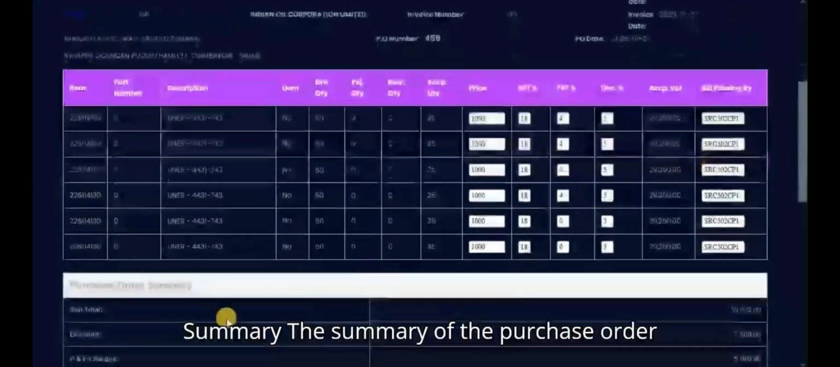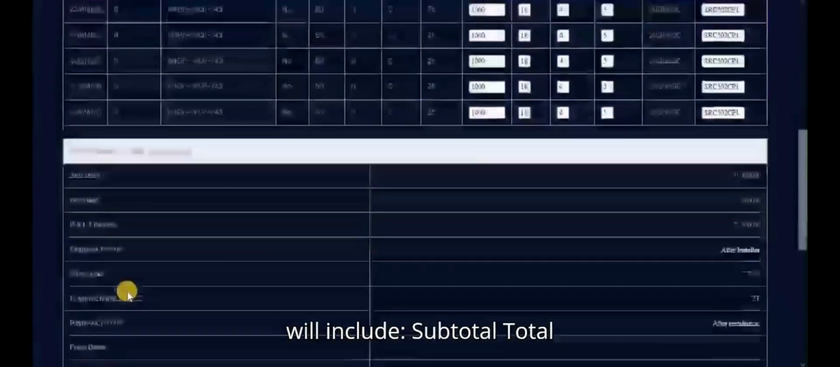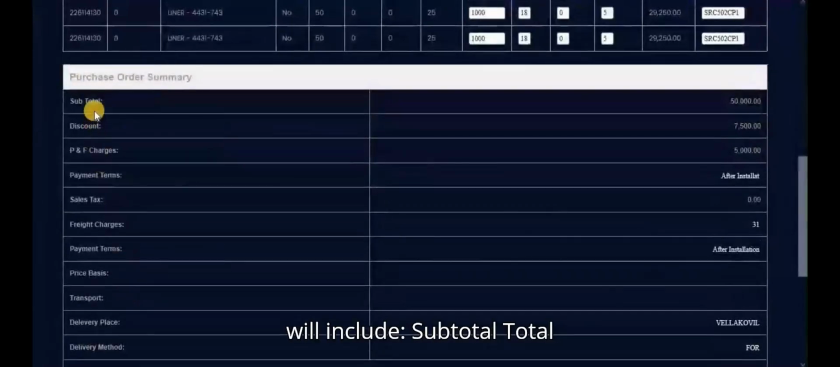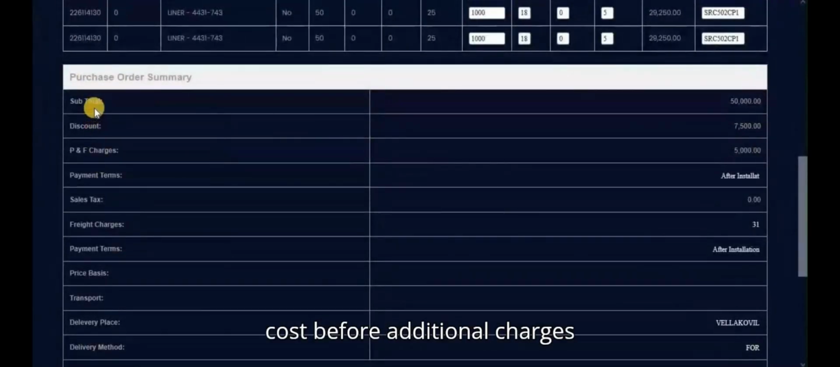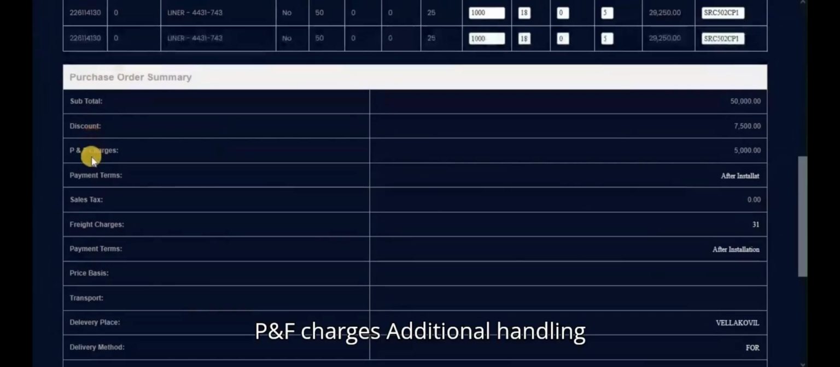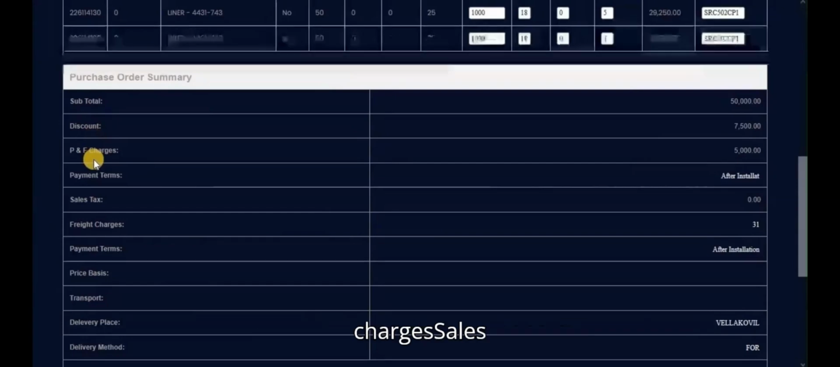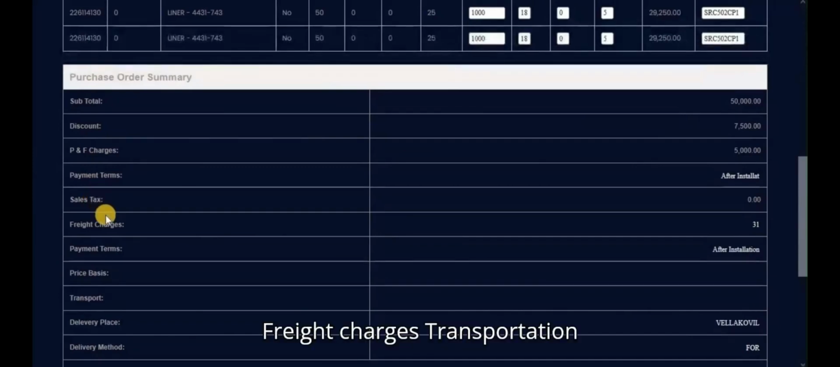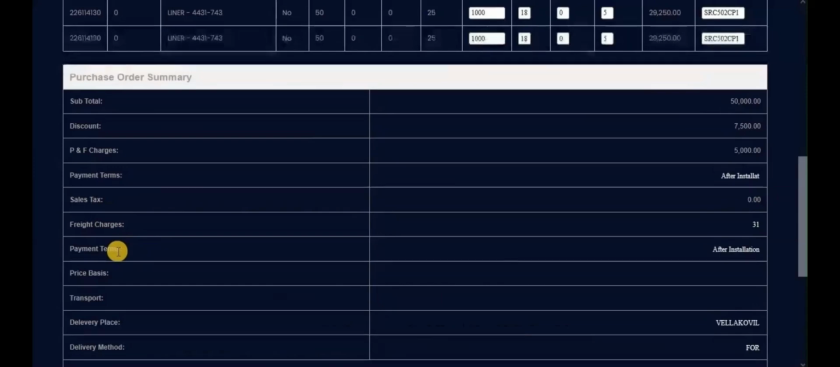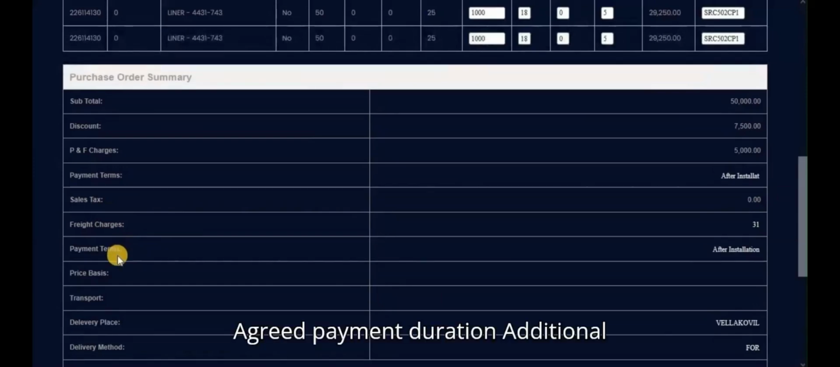Purchase order summary. The summary of the purchase order will include subtotal, total cost before additional charges, discount, total discount applied, PNF charges, additional handling charges, sales tax, GST, tax applied, freight charges, transportation cost, payment terms, agreed payment duration,